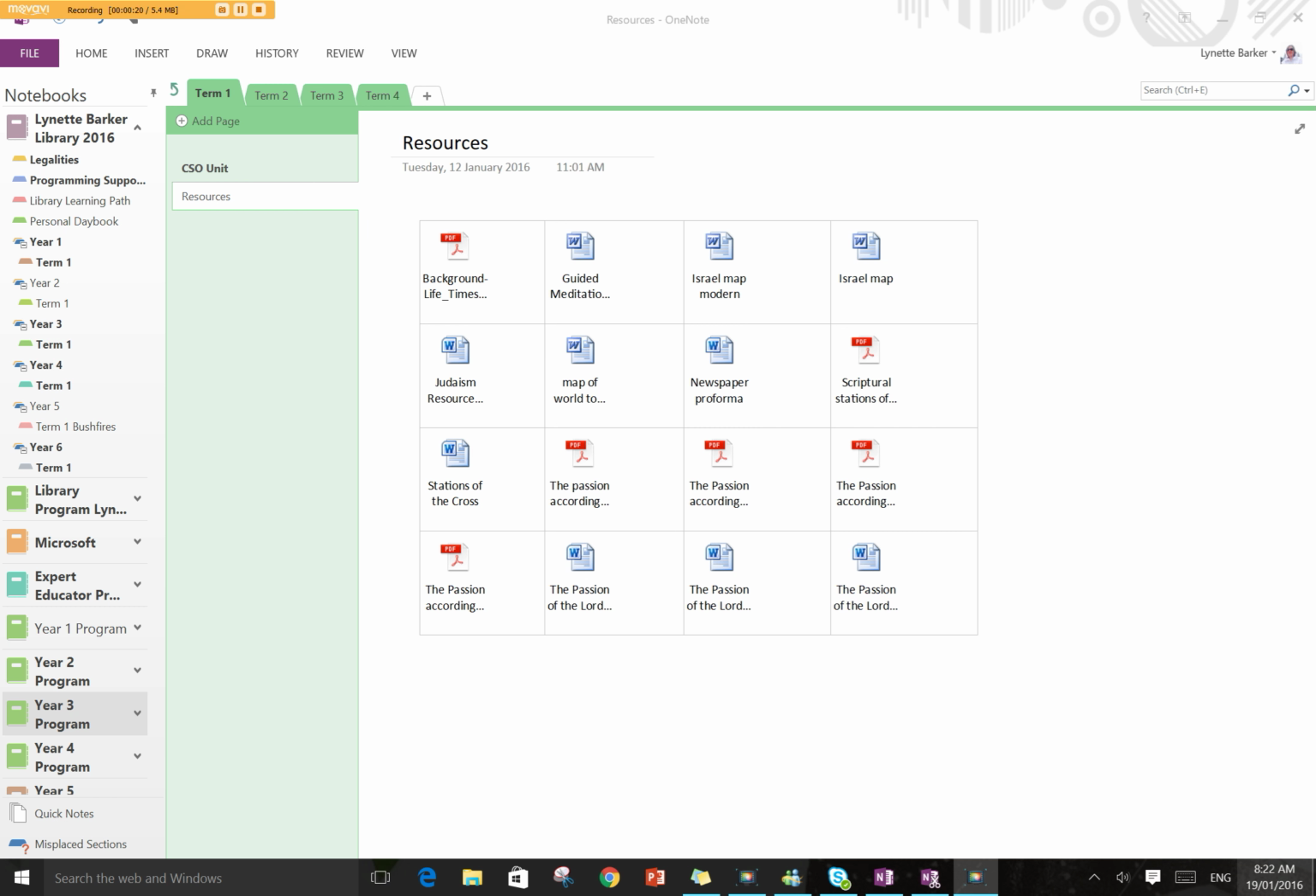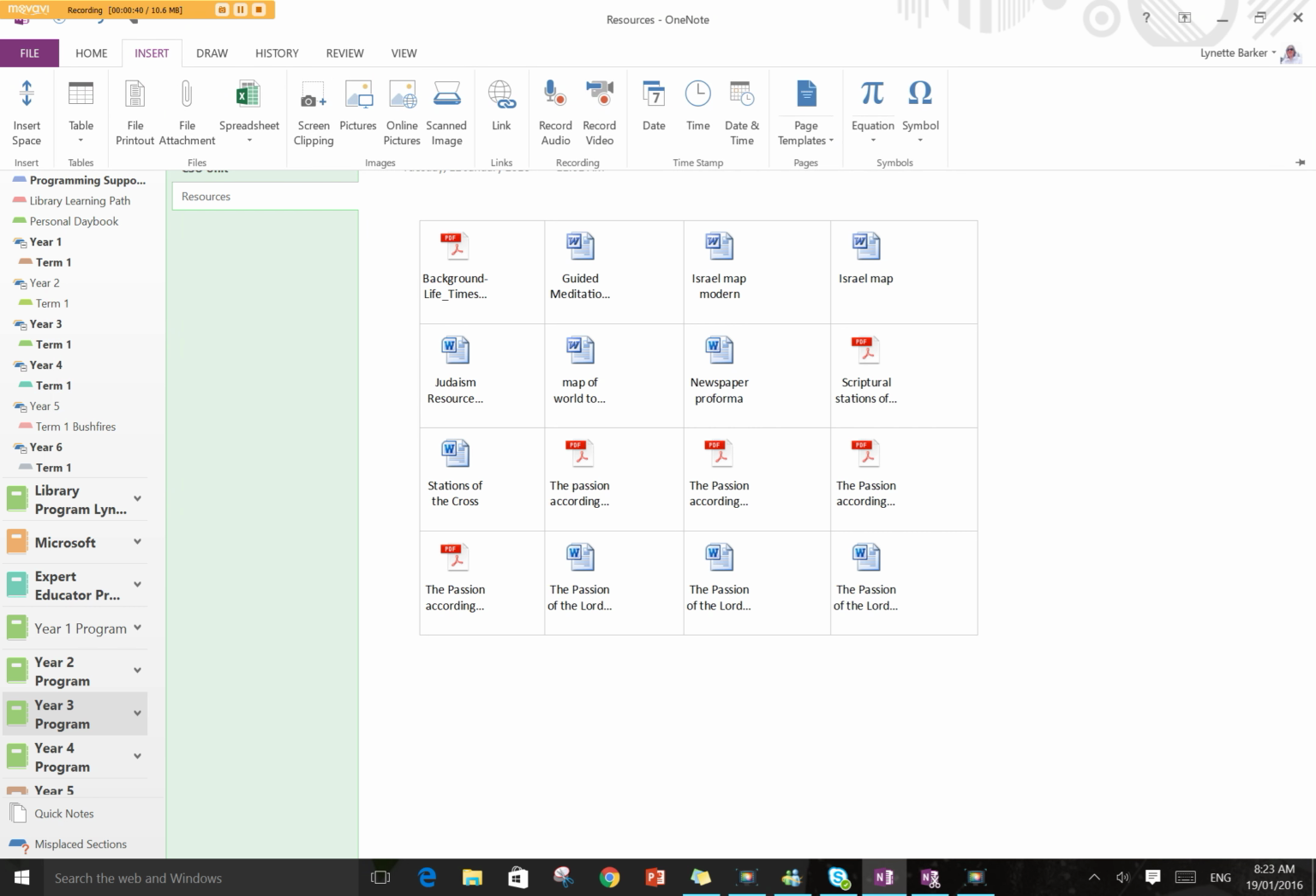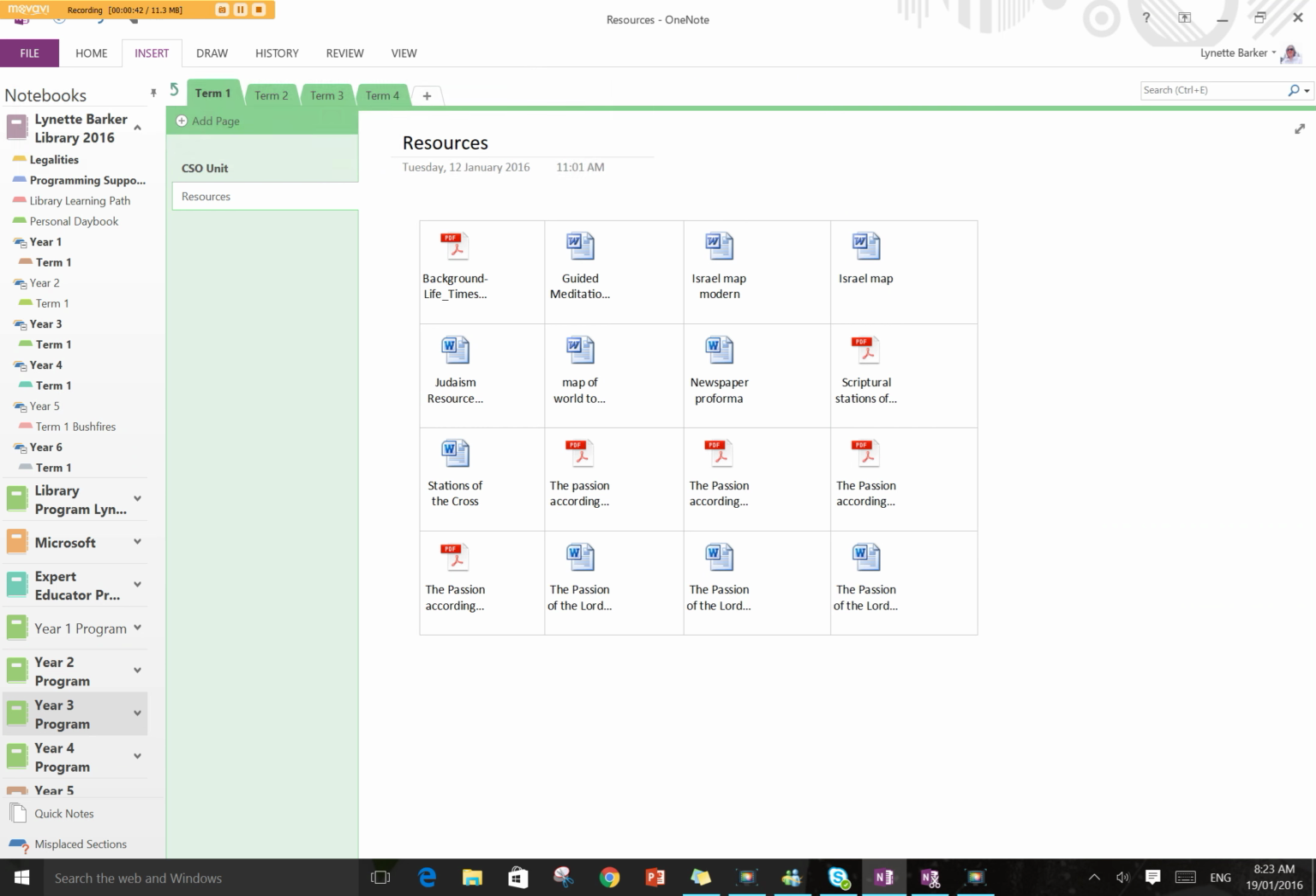So the resources here came from the CSO. They're our Year 3 religion resources, and they were sitting in a folder. I've now brought them in, and they're sitting right there as a critical part of our planning for our RE for Term 1. To put a file into OneNote, you simply go Insert, File Attachment,